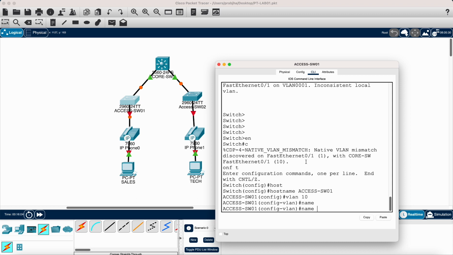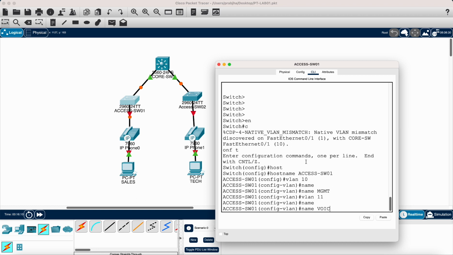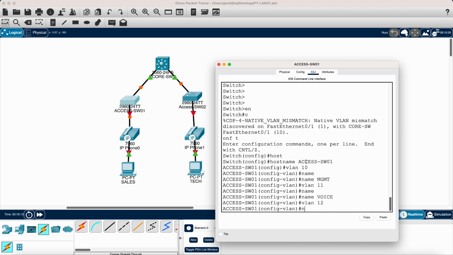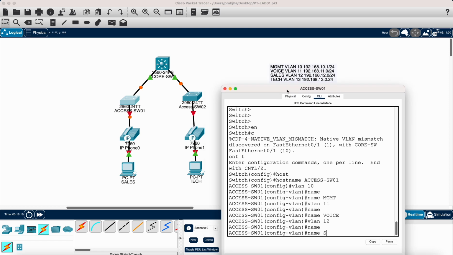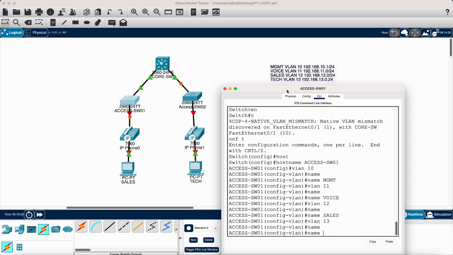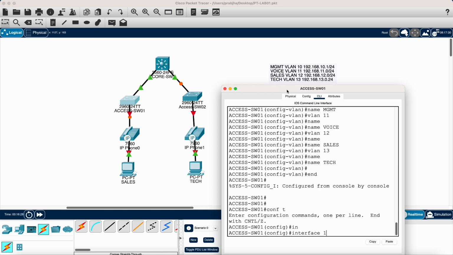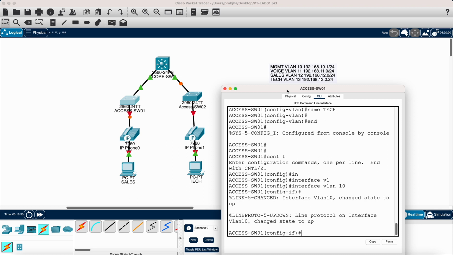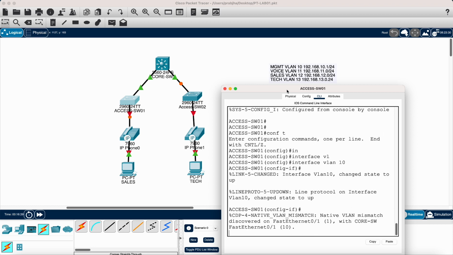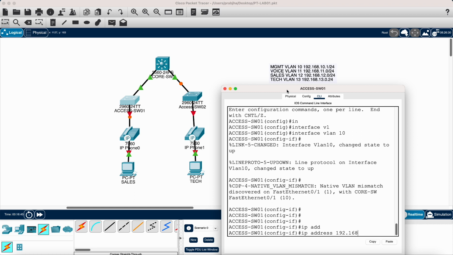So VLAN 10 name MGMT, right? Similarly VLAN 11 name VOICE, VLAN 12 name SALES, VLAN 13 name TECH. That's it, right? Now let's assign an IP to interface VLAN 10, because we have to manage this switch by using the VLAN interface, the management VLAN. So we go to interface VLAN 10, then IP address 192.168.10.2